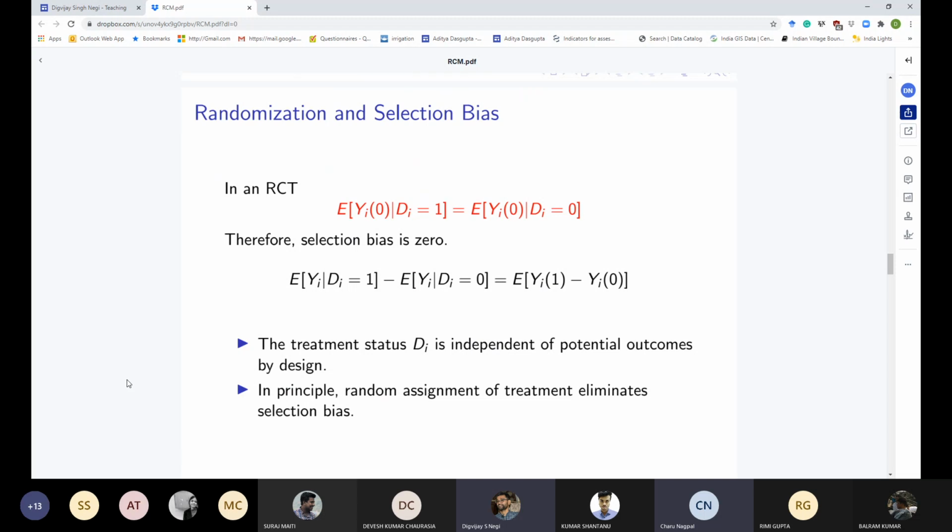Yes, now I'm coming to that. Right now we have not talked about regressions at all. We have not talked about observables and all those things that you are talking about. In this world, as of now, we just are comparing averages. But I will come to how we account for these other factors which may also influence this.